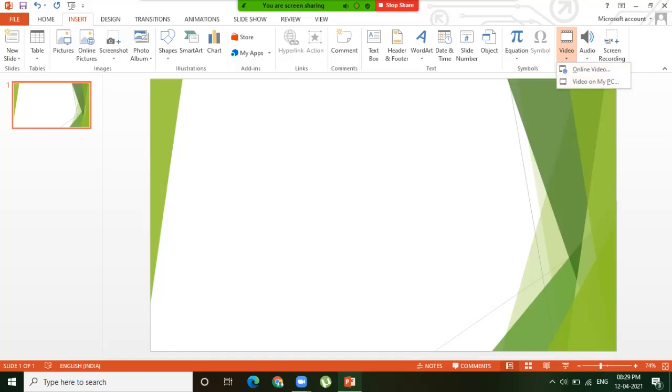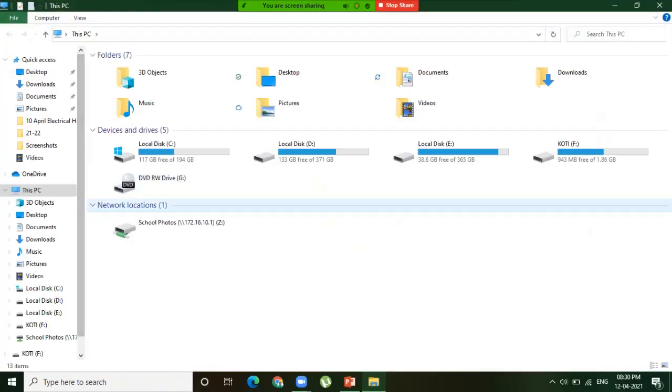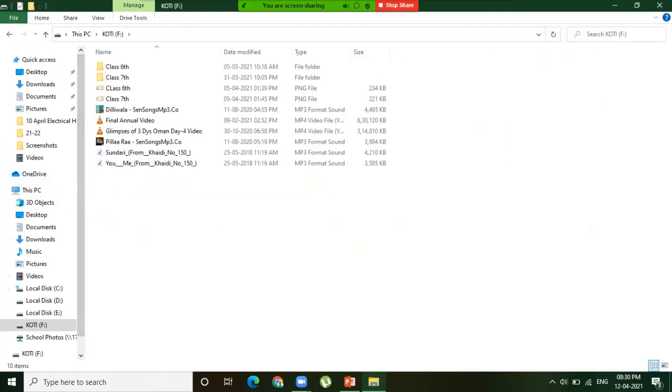Not only these two options to insert audio and video from your computer, you can directly copy the video or audio and paste it into the presentation using the copy and paste option. The shortcut key for copy is Control C and the shortcut key for paste is Control V. So let's try the shortcut key methods. Let me open the audio clip or video clip. So here is the audio clip, Control C